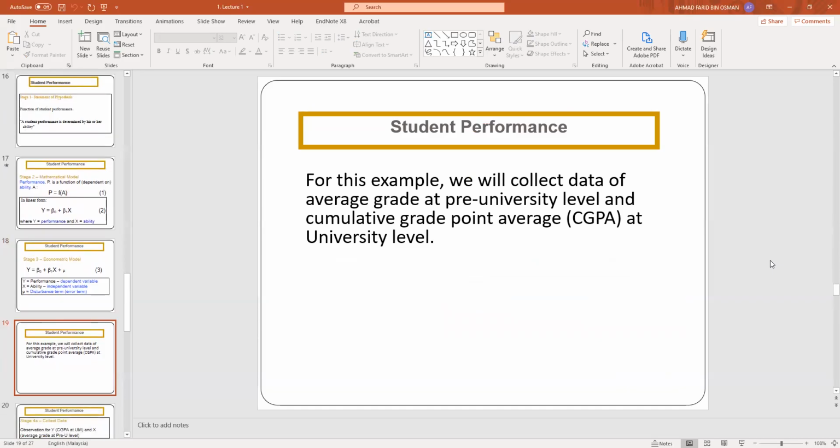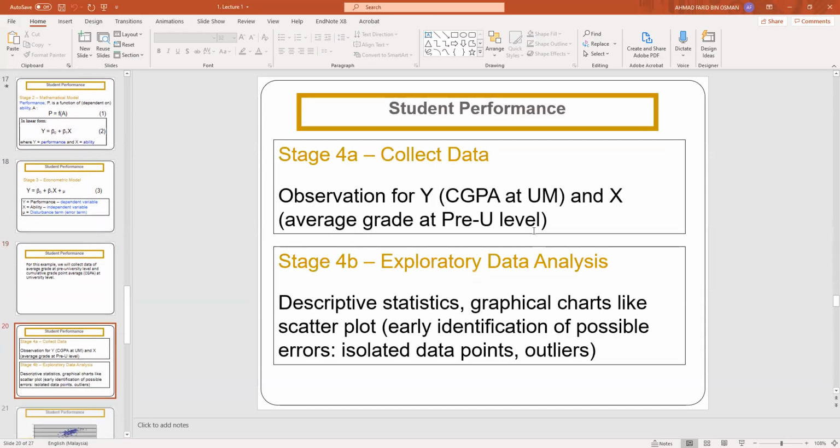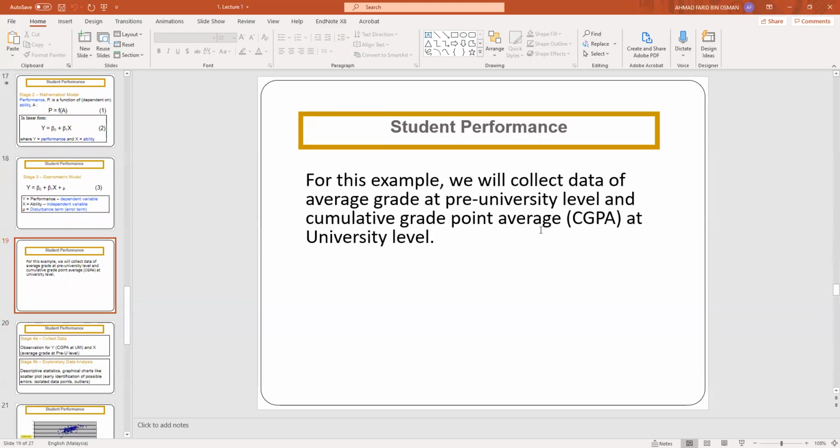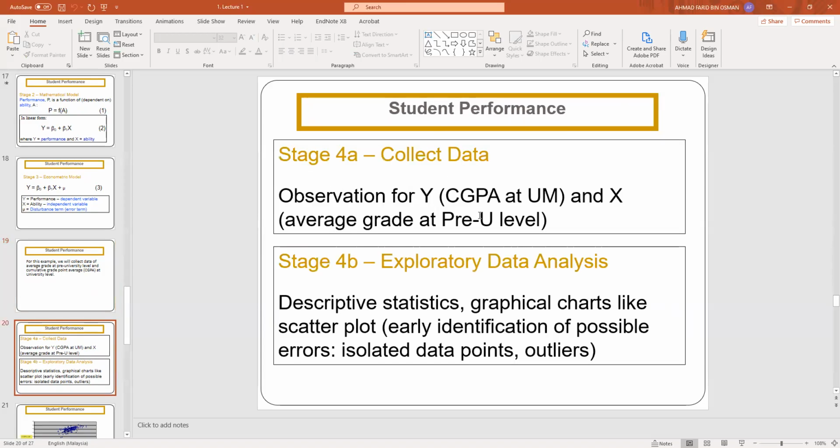So for this example, we will collect data. We need to collect data of average grade at pre-university level and cumulative grade point average at university level. So let's say you collect your data. In this case, for the ability, you use the performance at pre-university level as a proxy for the student ability. So collect data, and our dependent variable Y is the observation of GPA at university level,